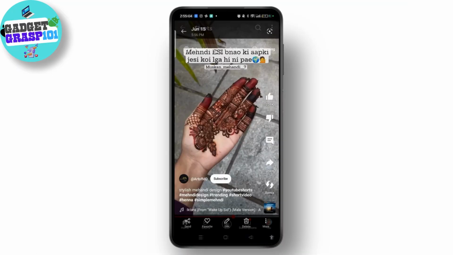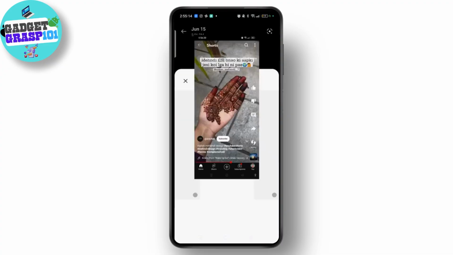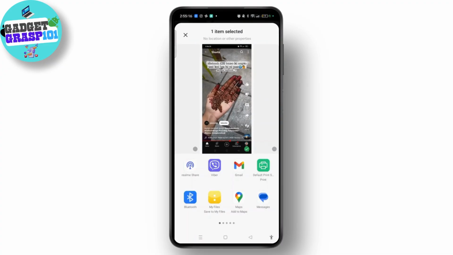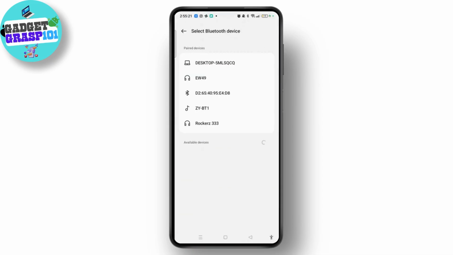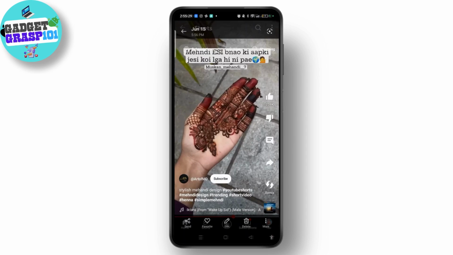Once you have selected the file that you want to send from phone to laptop via Bluetooth, you need to tap on the send icon at the bottom left corner of the screen. And among these multiple apps, just select Bluetooth. As you can see here at the top, we can see Desktop. So this is our PC's name. You need to simply select it and then